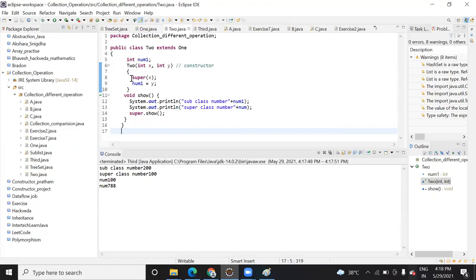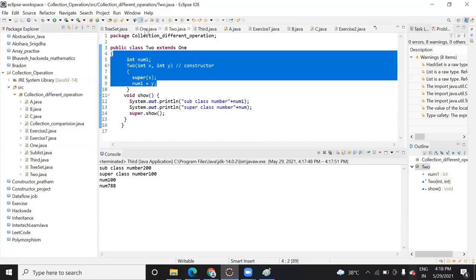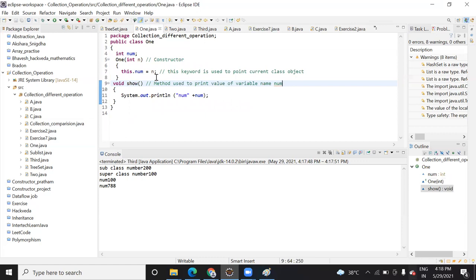So with the help of this super keyword, you can access the element of a parent class and you can assign a value also, because a constructor is used for initializing a value, right? To initialize the object we use a constructor, and there the value was not initialized. Whatever n value we take will be initialized here.